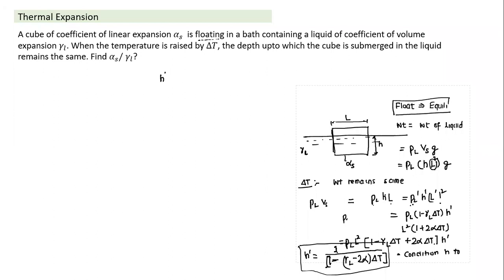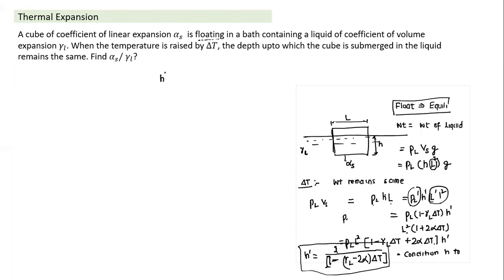Then we find the new values. The density, L dash, and area are functions of temperature. So that's what you have written. Is there any difficulty in writing that part? Gamma is equal to 1, the density is 1 minus gamma delta theta, the length dimension is 1 plus alpha delta theta, and L square, that's area, I have taken 1 plus 2 alpha delta theta. Yes, Jaideep, are you clear?